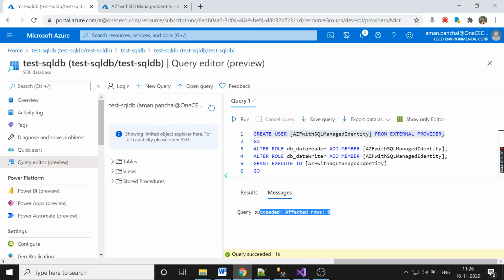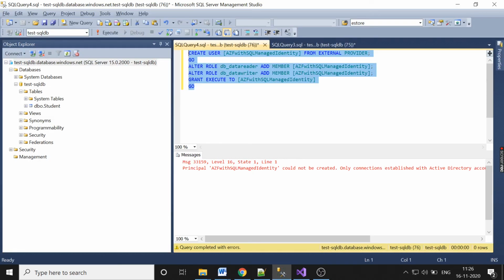Now, based on whether you want read access or write access, you can run the queries. Let's suppose I am running this one. It's successful. Let me run this one. Successful. So you have to connect with your Active Directory, not with your credentials, otherwise it will give you this error, that the principal couldn't be created.